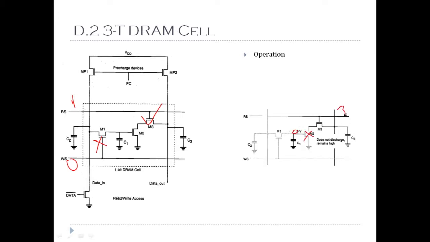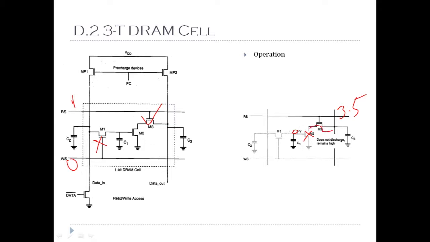Now this data out column has a voltage closer to 3.5. In our discussion we are always saying 3.5, but it need not be 3.5. It can be any value closer to VDD. For the sake of simplicity, we are saying 3.5, but it depends upon a lot of factors. It depends upon the parameters by which the transistor is fabricated, it depends upon VDD and a lot of other values as well. But in this case, we are talking about the higher voltage, which is closer to VDD.